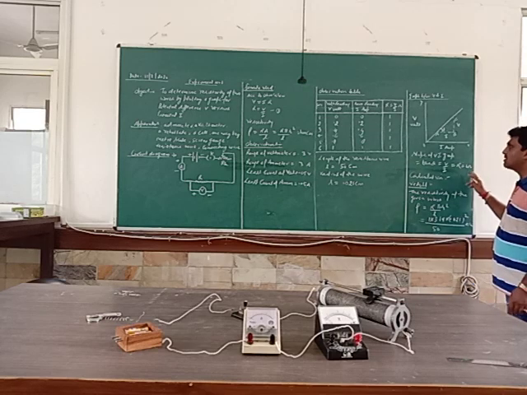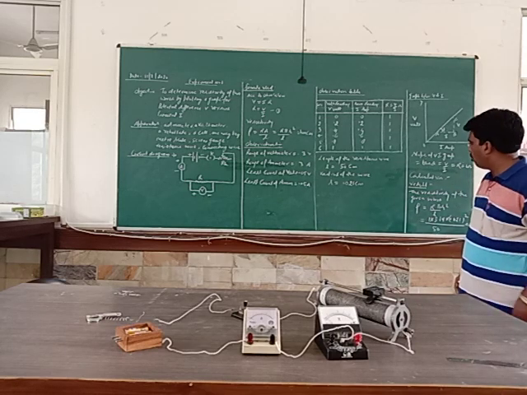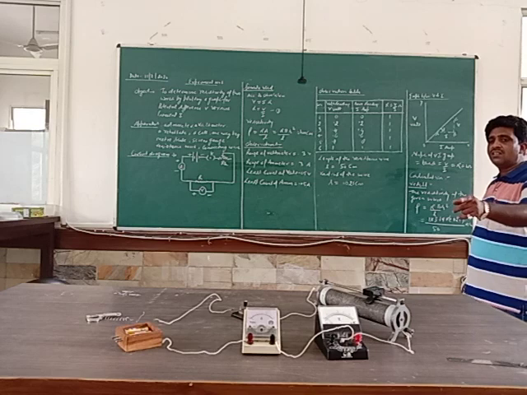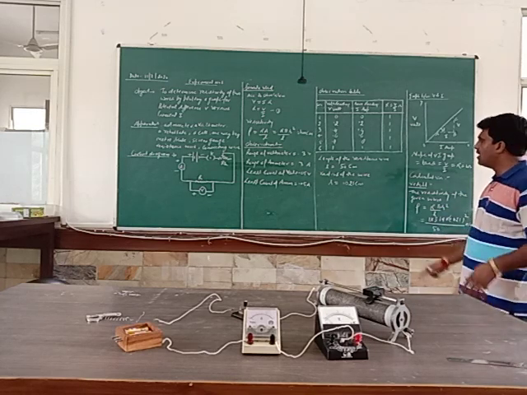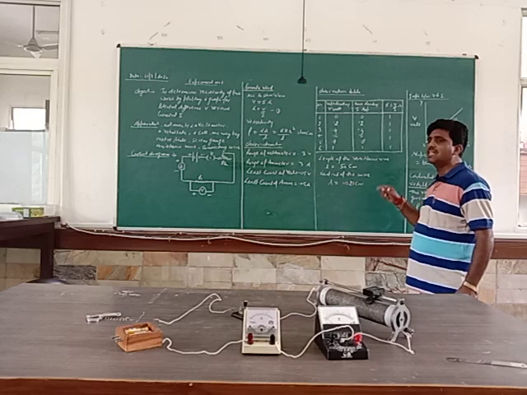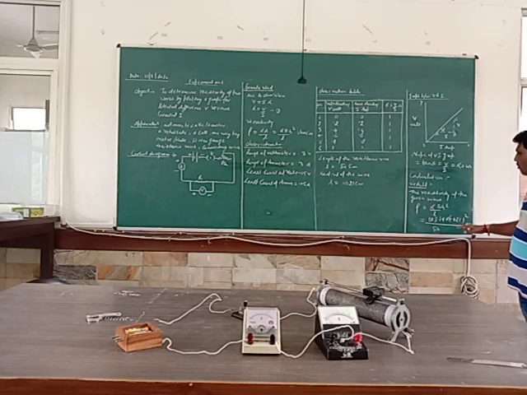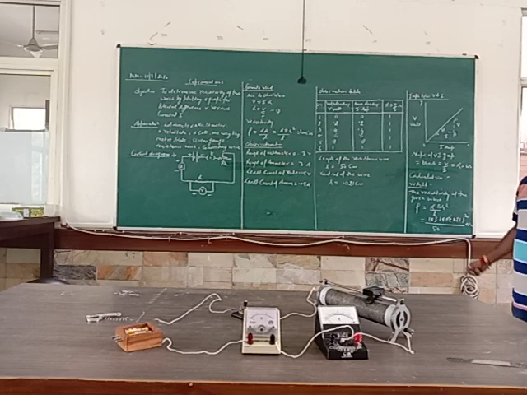And the resistance of this wire is given as 1 ohm, the length of the wire used in this experiment is 50 centimeter, and the radius of this wire is 0.021 centimeter. We can put the values in this formula: rho is equal to R pi r square upon L. R is 1 ohm, the value of pi is 3.14, the radius of this wire is 0.021 centimeter, and the length is 50 centimeter. We can calculate the value, and the unit of resistivity is ohm centimeter.